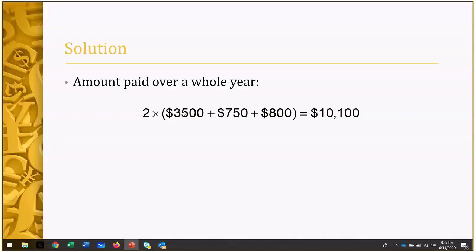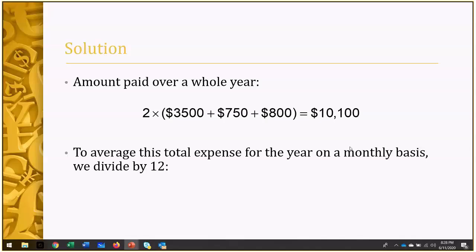I added up the $3,500, the $750, and the $800. And since we're paying them twice a year, I multiplied by 2 to see the grand total that I paid for 1 whole year. Then, since I need this to be monthly, I divided that by 12. So $10,100 divided by 12 means per month it's costing about $842 for all of this stuff, which is a